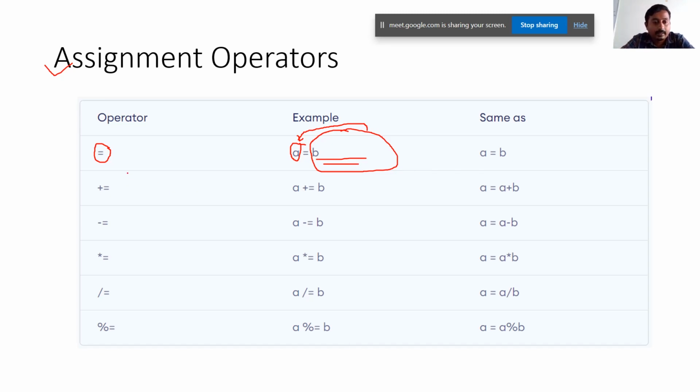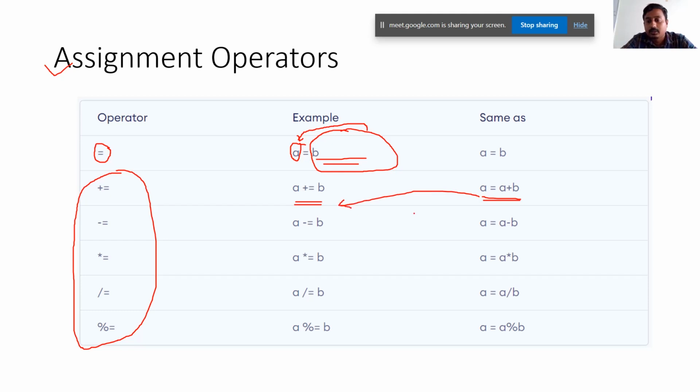And these operators are known as compound assignment operator. These are assignment operators only, but variation of that. So if you find an expression like this, it is equivalent to this expression. It is actually a shorthand of that. So we don't write a twice. Here we have a twice, instead of that we write like this. So how to read this expression?